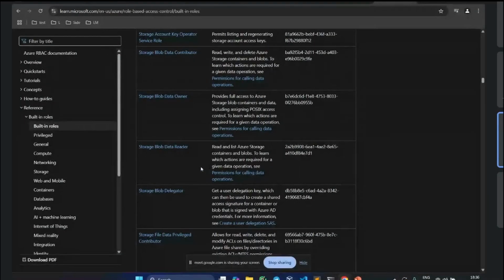If you are talking about this particular role, it will allow you to read and list Azure storage containers and blobs. So if I have this particular role assigned to me for a particular storage account, for example storage account 1, maybe I will